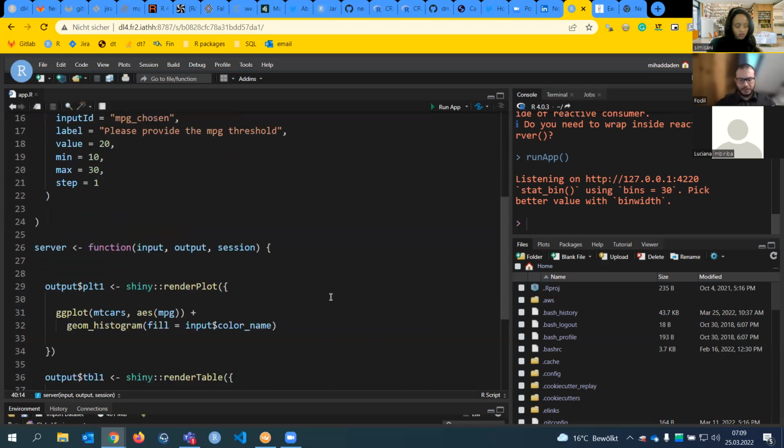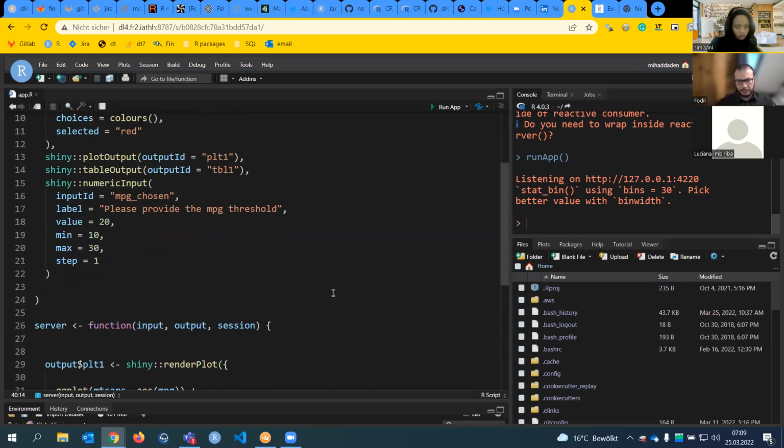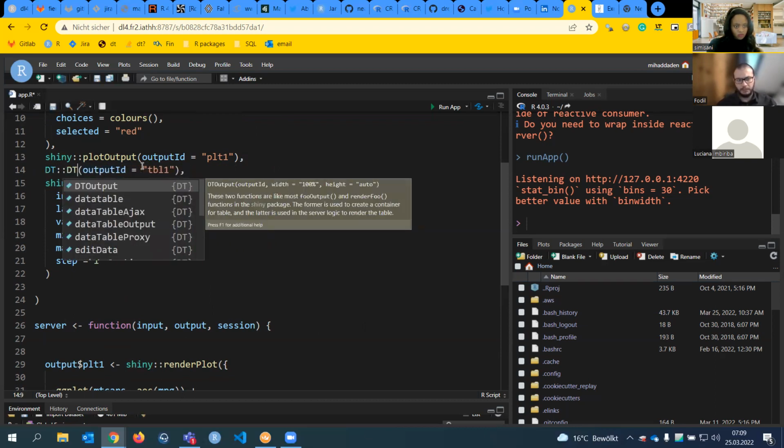There are many ways to achieve this goal, but the simplest way is to use a specific package called DT, and DT provides interactive tables. So instead of Shiny tableOutput, I will use DT and put DTOutput.